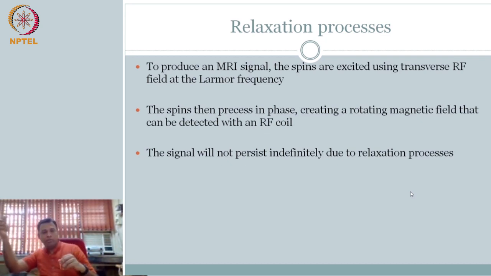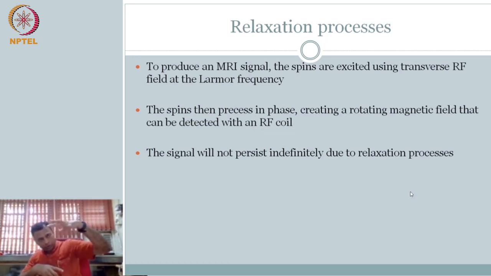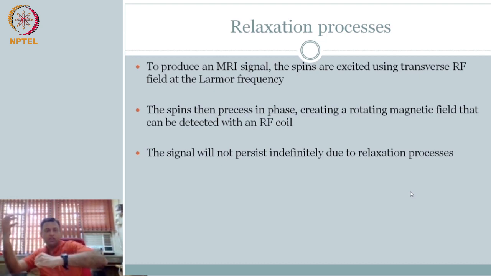Initially, you're adding B1, you're forcing them to come together and pushing them to flow. Here, in some sense, you're forced. So that is forced precession. Now, you have removed the excitation. You have removed the force. Then it has to relax. It will relax, and everything will dephase in the XY plane. All the vectors will be in different directions, and eventually they will try to align themselves to having only a Z component in the static field, right? That is what the relaxation process will be.